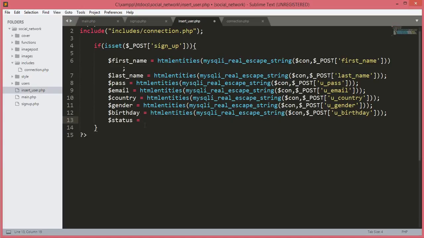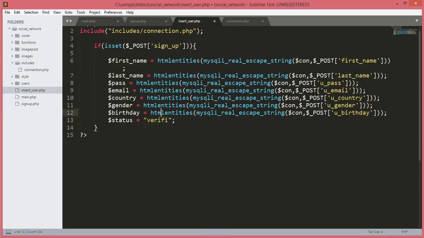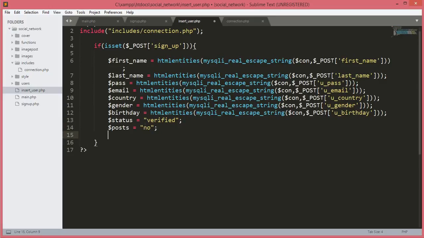and it will be equal to verified, not double e, single e. After the verified we will add the posts. By default the posts will be equal to no. So if the user signs up, then he will have no post, so that's why we set the post to no, and then new,